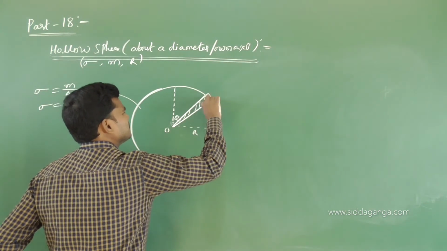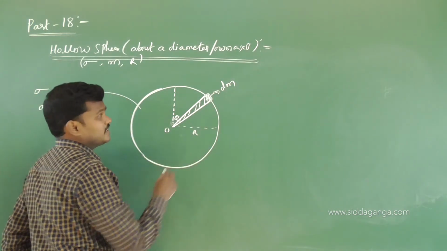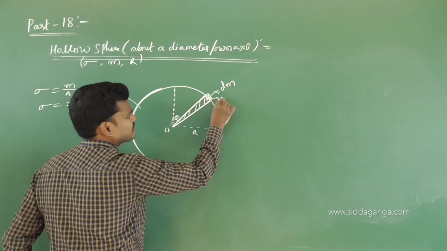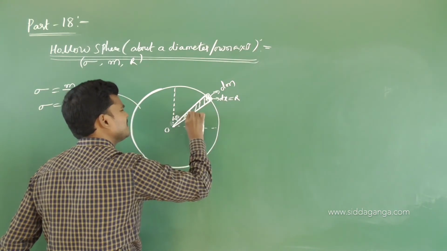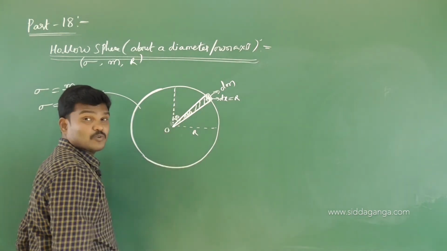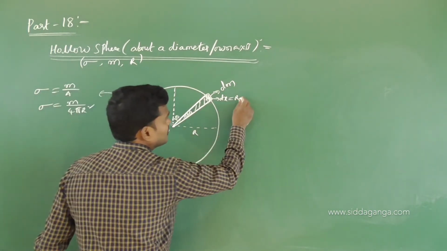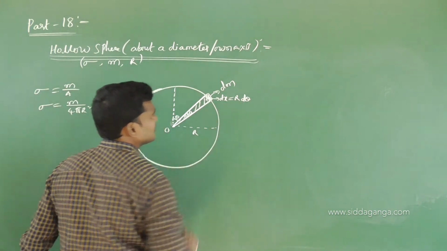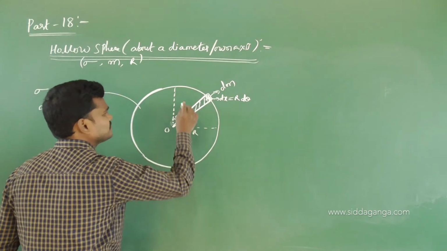Only this mass is present, dm, and this thickness is dx. No doubt this dx is nothing but, see, if this angle is d theta, the small part angle is d theta. So what is dx? It is the small arc length, by the formula r into d theta, r d theta. From here to here is r.